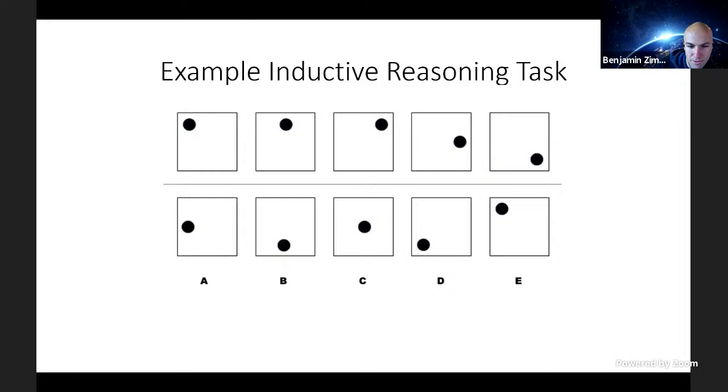Okay, so you should be seeing the results now. The majority of people chose the correct answer in this case, which was B. And if you said B, you're correct. Okay.